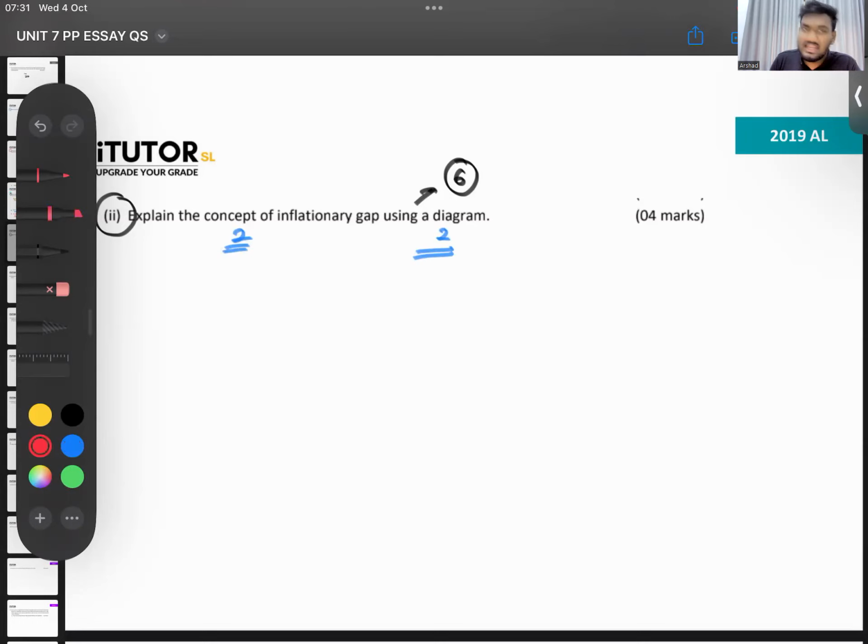So I'll start with the diagram. What is an inflationary output gap, Lamai? An inflationary gap is where your aggregate expenditure is more than the expenditure required for full employment. No. Now, for example, Lamai, in an economy, this is the Y equals E line, and let's say this is